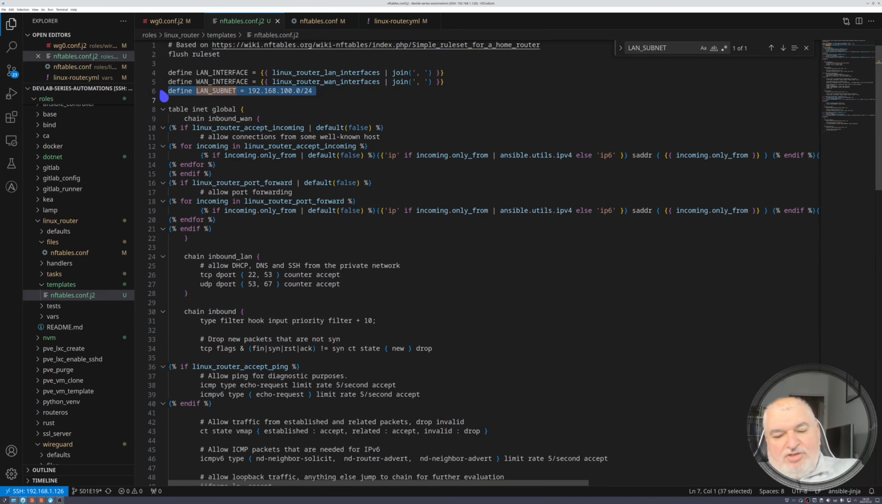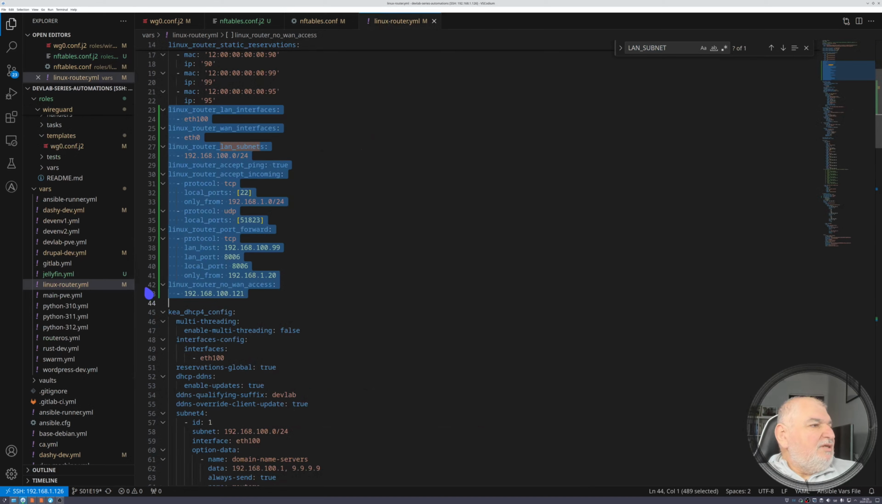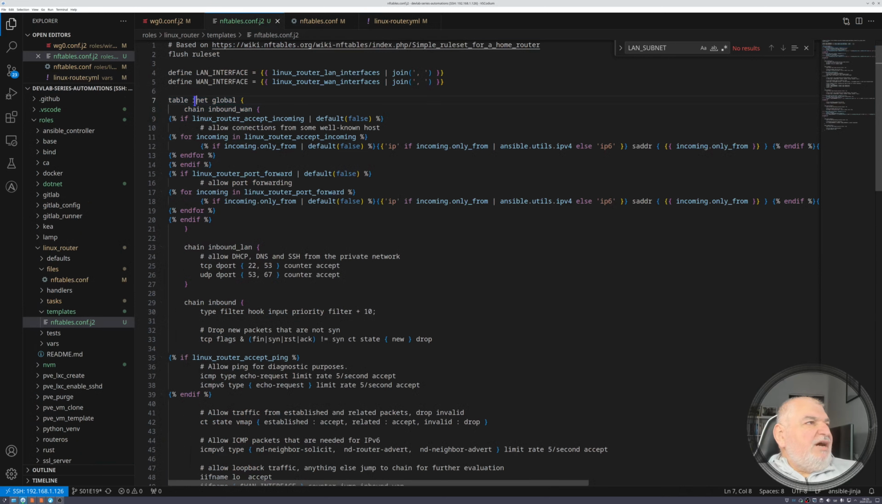It is not used, so we can safely remove it, and we remove it also from the variable file because I don't need it. We start by table inet. We use inet here instead of ip or ip6 because I want to have rules for both protocols, for IPv4 and IPv6. The challenge for combining the rules is with the protocols, and you will see, for example,